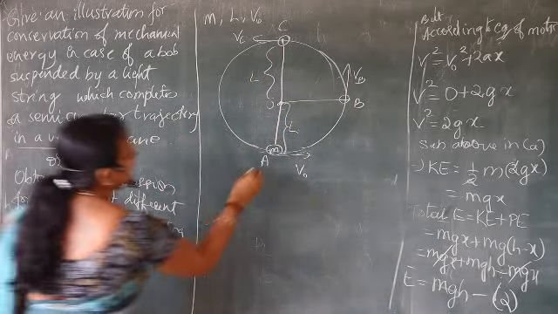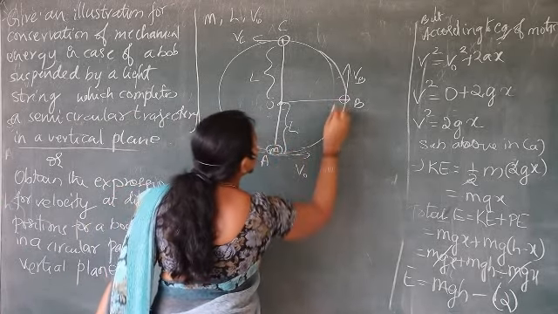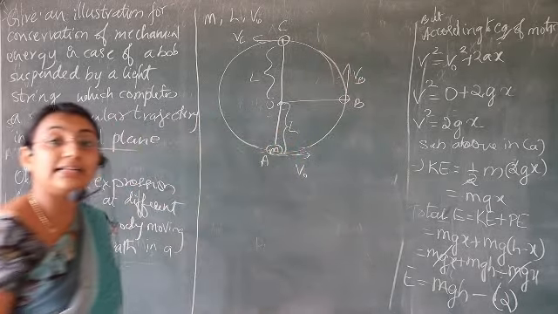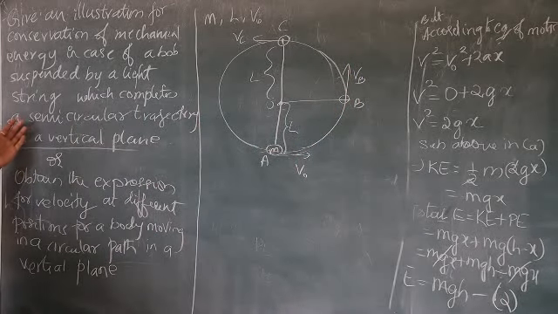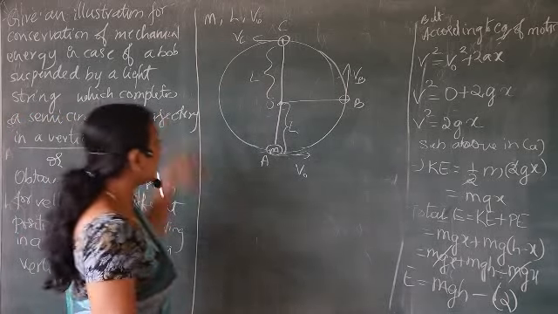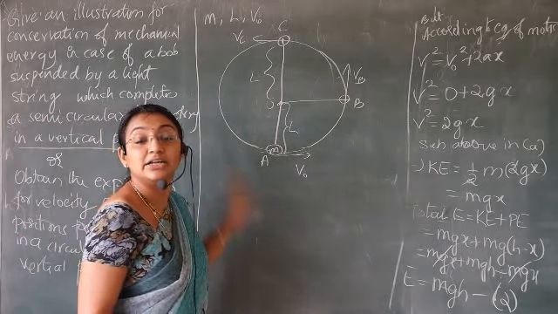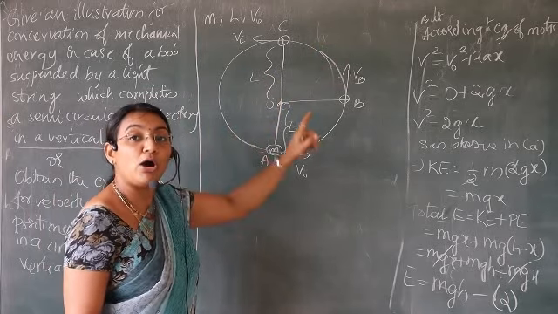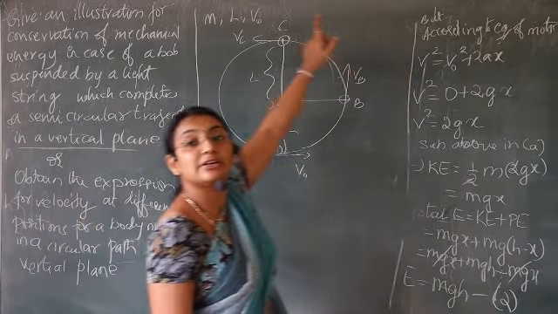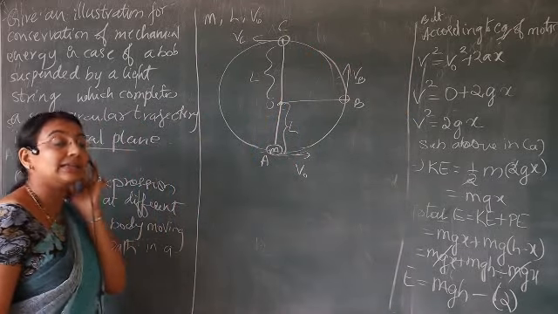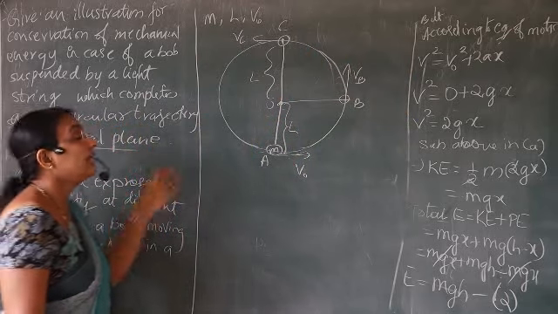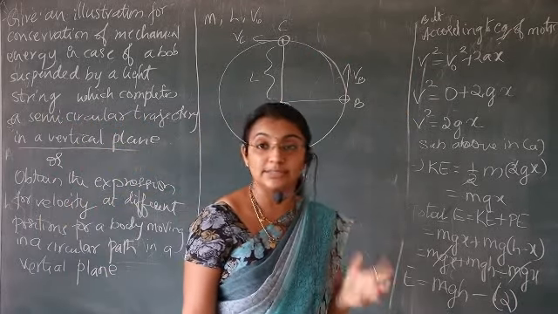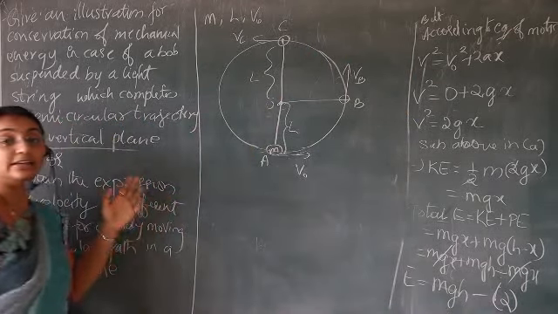See, when the pendulum's bob reaches the point C, it has completed the semicircular path. Your question is that it should complete the semicircular trajectory in this vertical plane that we have considered. So in this vertical plane, our bob has completed the semicircular trajectory now when it reached the point C. Do you agree with this? So what we have done, let us consider a bob of mass m having the string of length L.